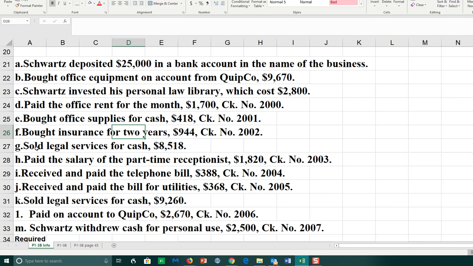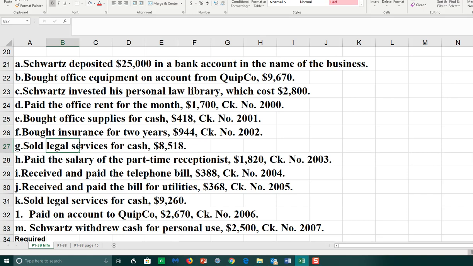G, where the business is selling or providing its legal services. So they're not selling a product, they're providing a service. And so revenue is earned whenever you either provide a service or you sell a product. So in this case, they have earned revenue because they provided the service. It was in exchange for the service that they provided, they received cash of